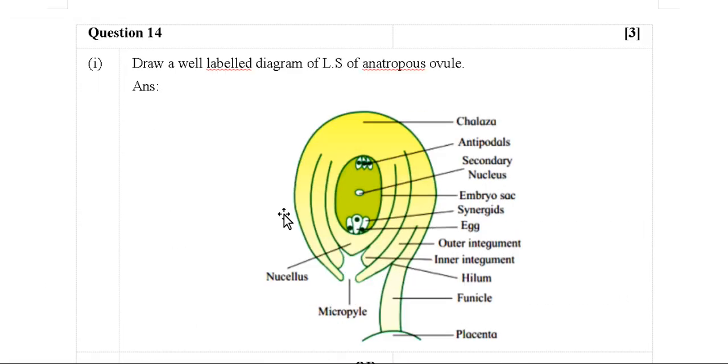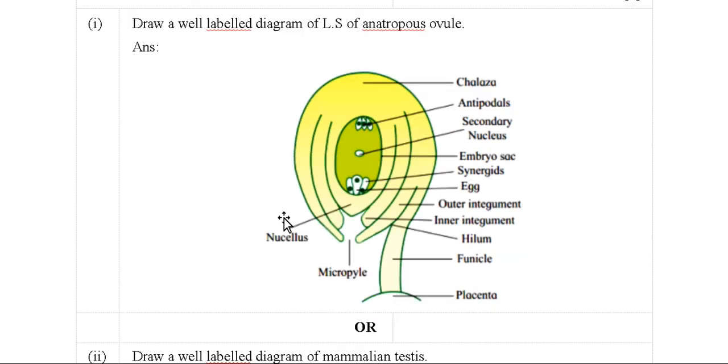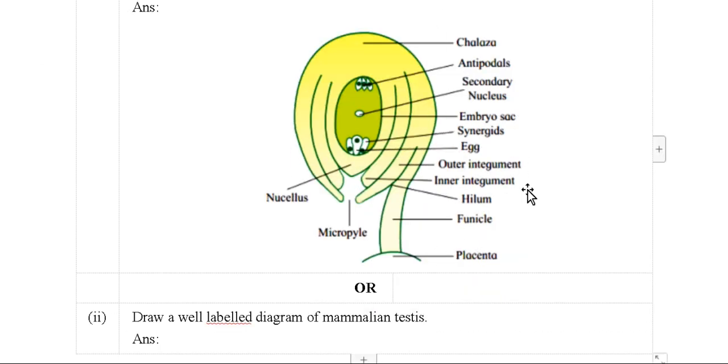Question number 14. Draw a well-labeled diagram of LS of an anatropous ovule. Here this is the diagram of an anatropous ovule, where we get the chalazal end, and the opposite end is the micropylar end. In that ovule we get cells inside the embryo sac: 3 antipodal cells, 1 secondary nucleus, where 2 polar nuclei are fused. Then the egg apparatus, where 1 egg cell is there along with 2 synergids,